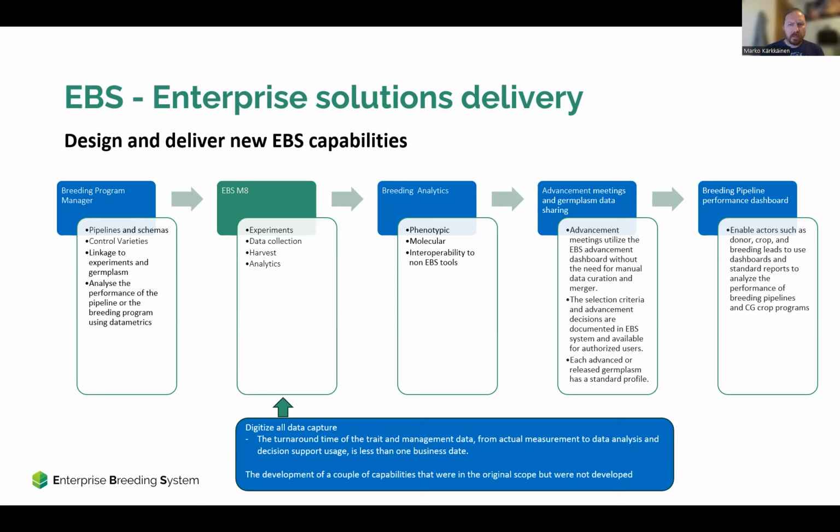So all of you are perhaps in a position where you are running budgets on your breeding programs and deciding what's in the pipeline and what are the target varieties and so forth. So we are building a capability where you can manage your breeding programs. What are the breeding schemes? What are the pipelines? What kind of control varieties are used on those pipelines, and so forth. And they will then link directly to experiments so that we can use that information for reporting, for example. And providing visualizations or standard reports that allow the breeder or the lead breeder to evaluate how well or not that well our breeding program is actually operating based on the data that is in the database.